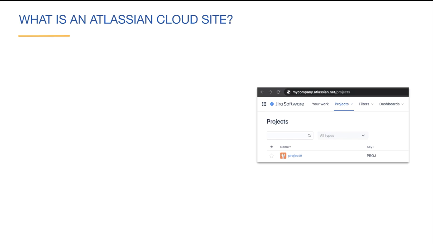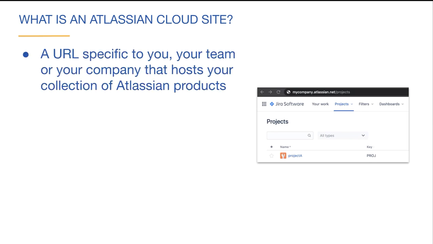Atlassian is the company that owns Jira, and one way that they offer their products is as a hosted solution. This is known as their cloud offering, and it basically offers Jira as a service. An Atlassian cloud site is a URL that is specific to you, your team, or your company that hosts your collection of Atlassian products. For example, if your company was named My Company, your cloud site would be hosted at